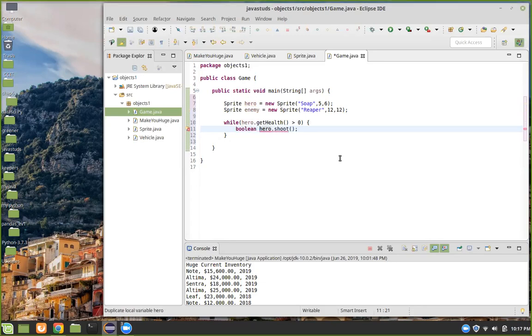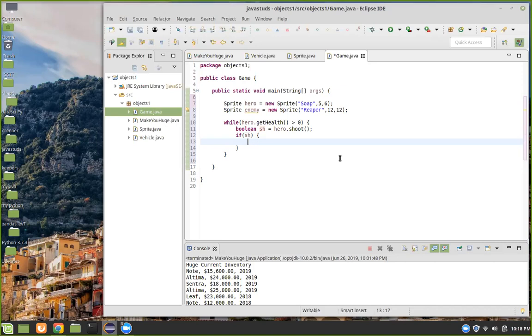Boolean, let's call it sh for shot, equals hero.shoot. And then we could say if sh is true, and by the way, that's all we have to do, right? You don't have to say if sh equals true, that's redundant. If sh, then